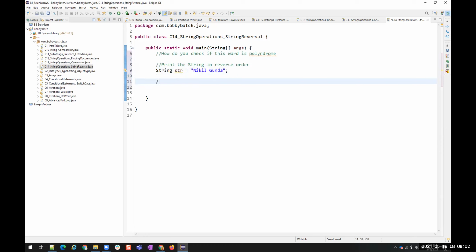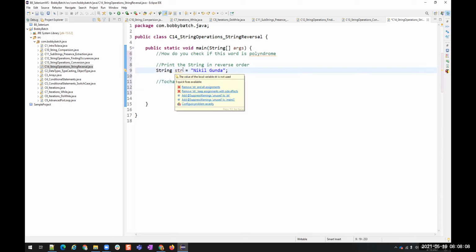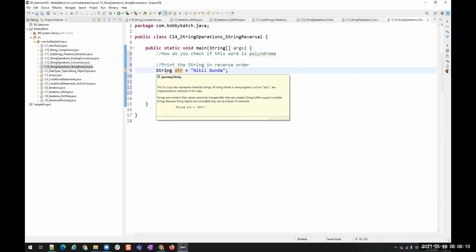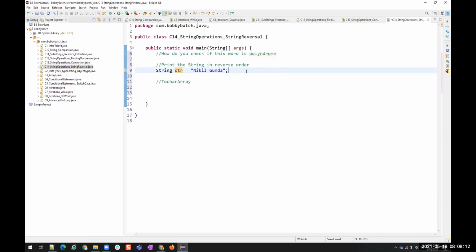So first method is to use a character array. We can convert this to a character array and print in reverse order, right? We are having increment and decrement operations. Instead of starting from the 0th position, we will start from the highest position and go on decrementing.